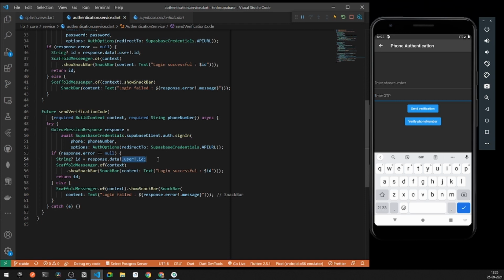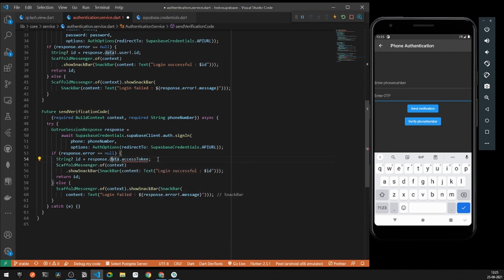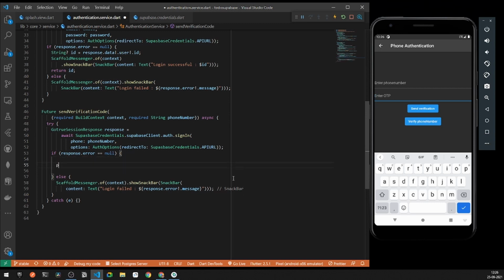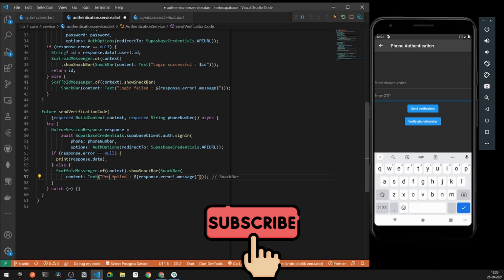Now what we can do, instead of printing the user ID and all that stuff, I can say data, and after that I can say provide a token or also the user or any sort of thing. It doesn't matter for now. I can simply print the access token, and I can say the data is not equal to null, so we can add the following. But sometimes we might get the data null, so I'll simply say print response dot data. Now this should be all for it, and also if the thing is this thing, I can say auth failed, process failed. Instead of auth failed, let's say process failed. Right, so this should be it.